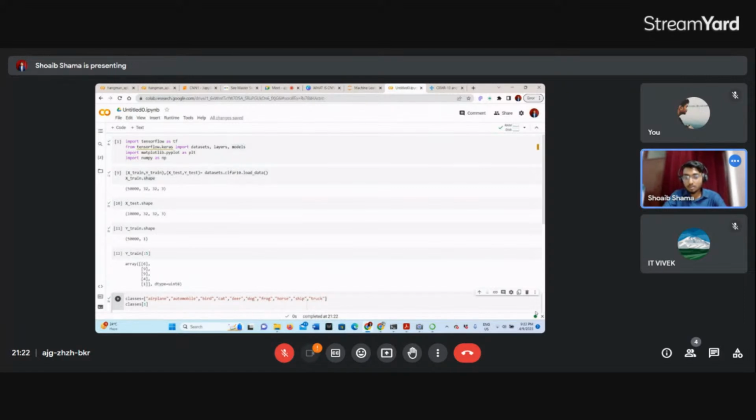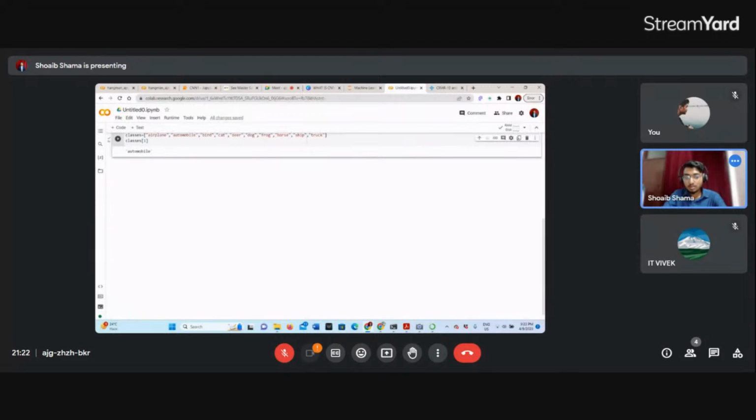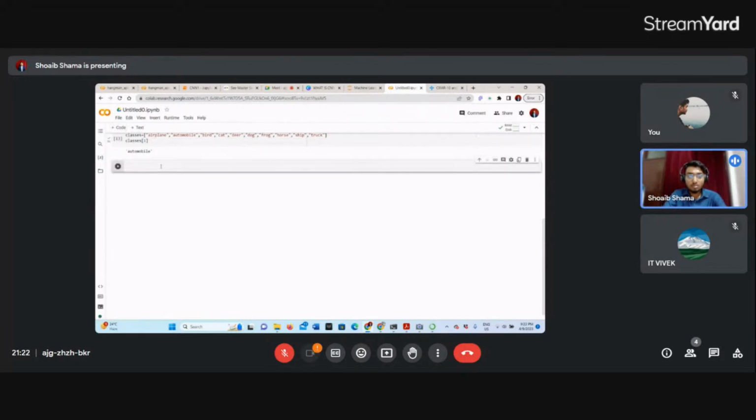Yes, it is shown here, like automobile. So we require such sort of stuff. So that's why we need to reshape our y. So to reshape our y, ना, we need to just change.